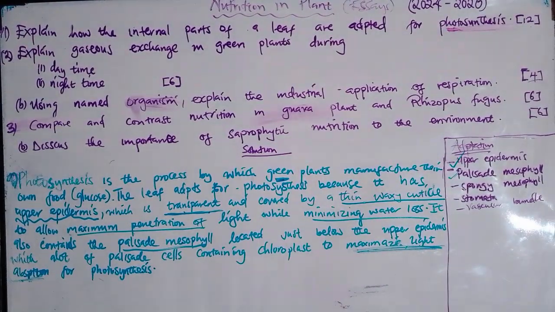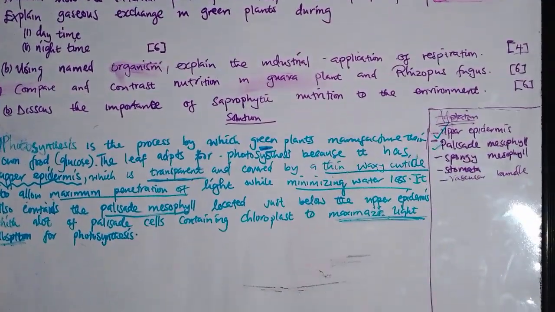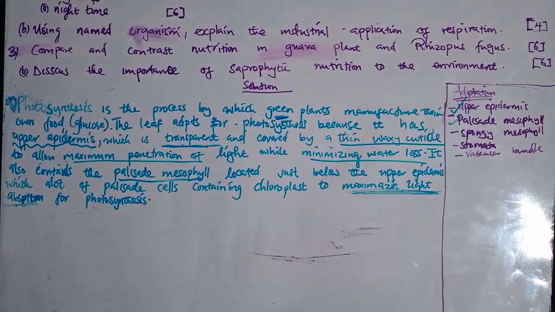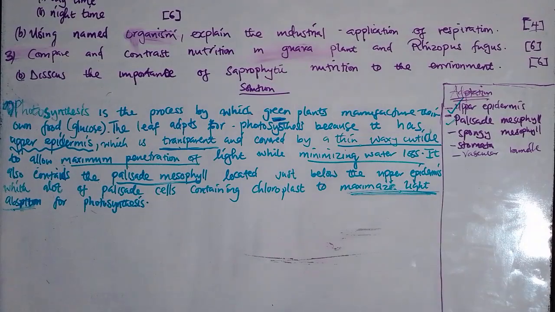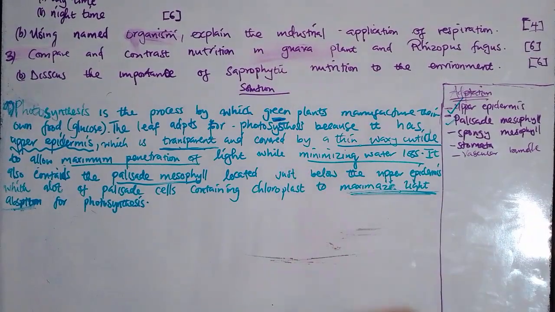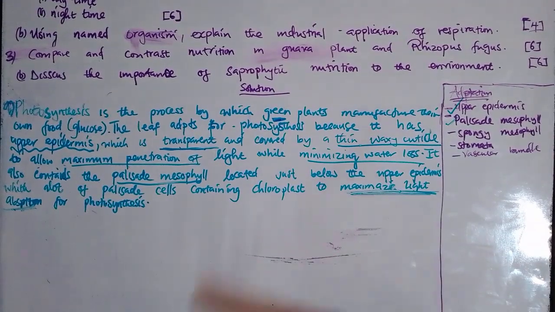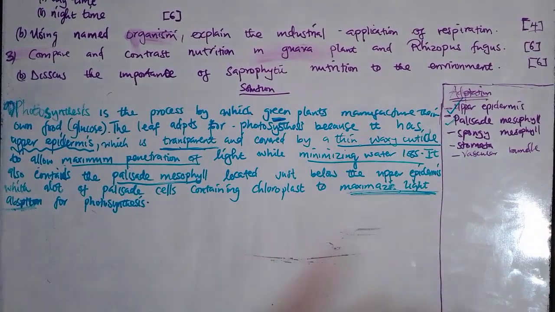So remember, if you remember closely about the internal structure of the leaf, I talked about these structures. Yeah. So those that have watched that video, they probably have an idea of what I'm talking about. But even if you're watching the video for the first time, my explanation is quite simple and straightforward. No need of getting confused here. You're just saying photosynthesis. We're writing the essay, how the leaf is adapted to photosynthesis, specifically green leaves. Yeah. So moving on to our third structure, you can say that